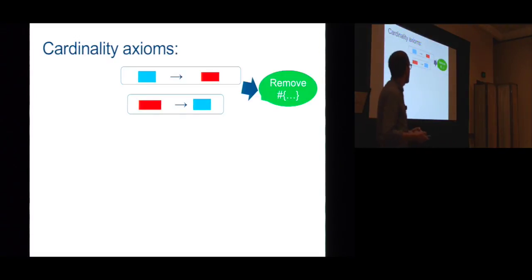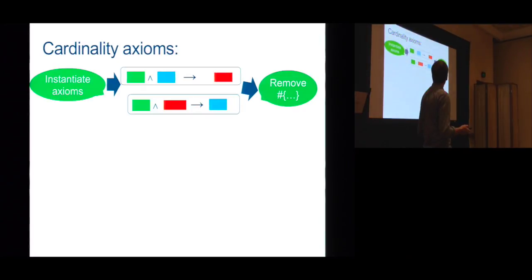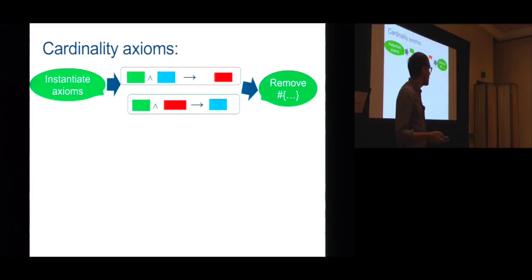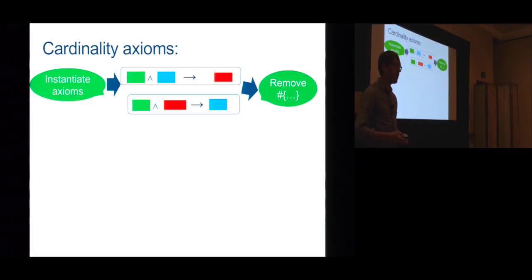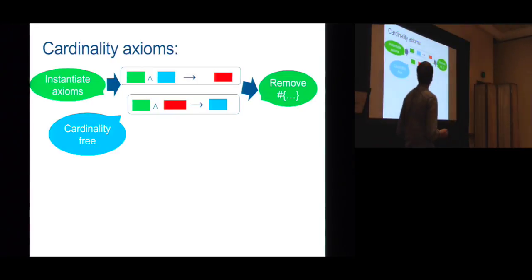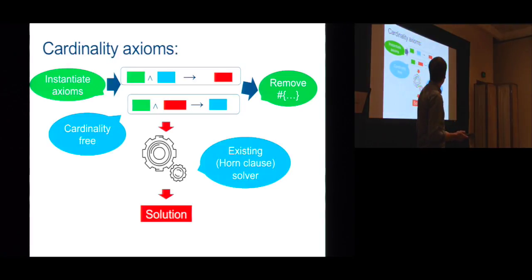Okay, so the way we go about this is, and we remove all occurrences of cardinalities with fresh variables. See, there's no restriction on the fresh variables, so they could be used to recover some of the information that we lost by raising the cardinalities on cardinalities. Okay. Cardinality free and can be solved by